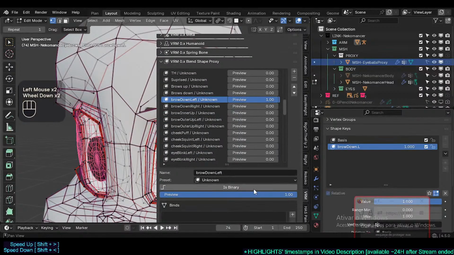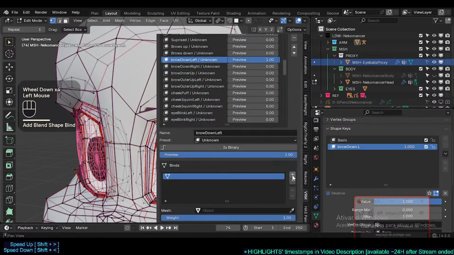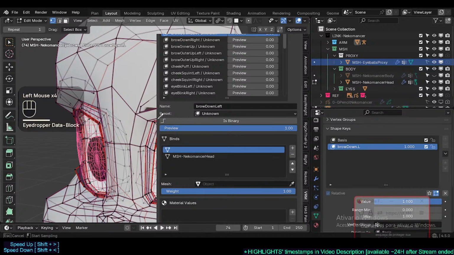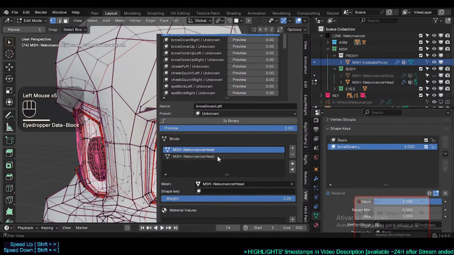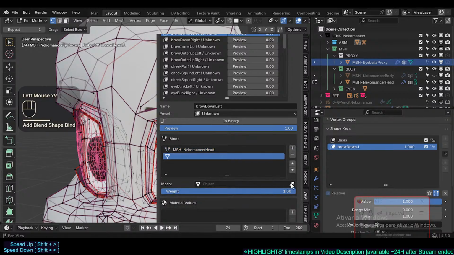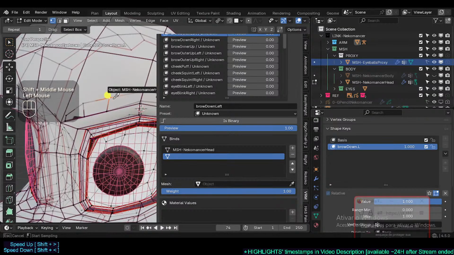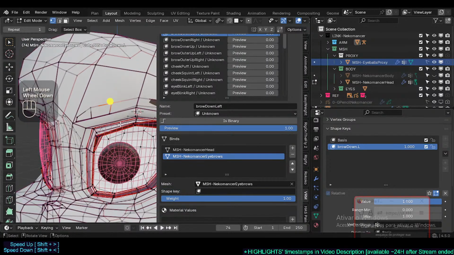So it's like you need to assign both mesh objects here, right? Not the head, we don't see. Okay, then just eyebrows here. Okay, so you see,